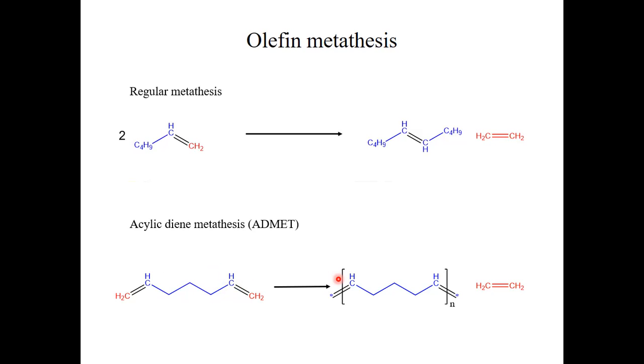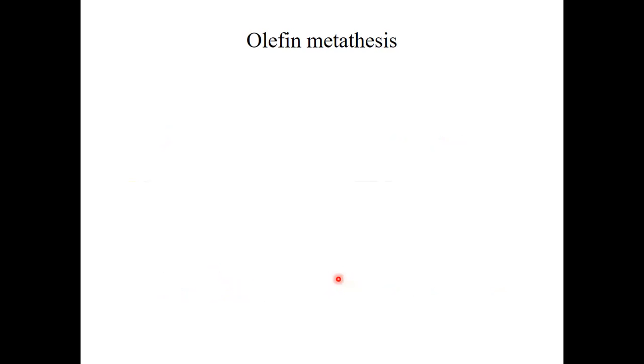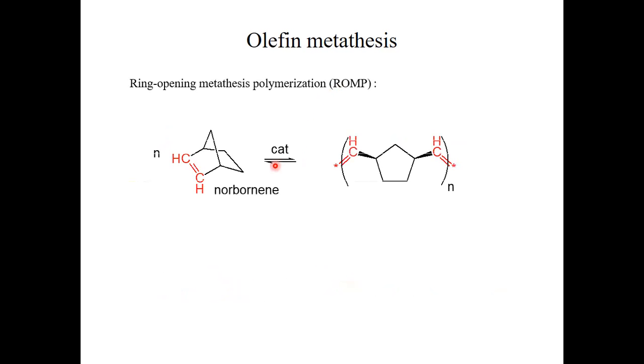Okay, so what else can we do with olefin metathesis? We can also have what is called a ring opening polymerization reaction. This is called ROMP. Okay. So in this case, we start out with a strained olefin. So for instance, norbornene is a strained olefin. And as we perform the olefin metathesis, we actually release the strain by opening the ring,